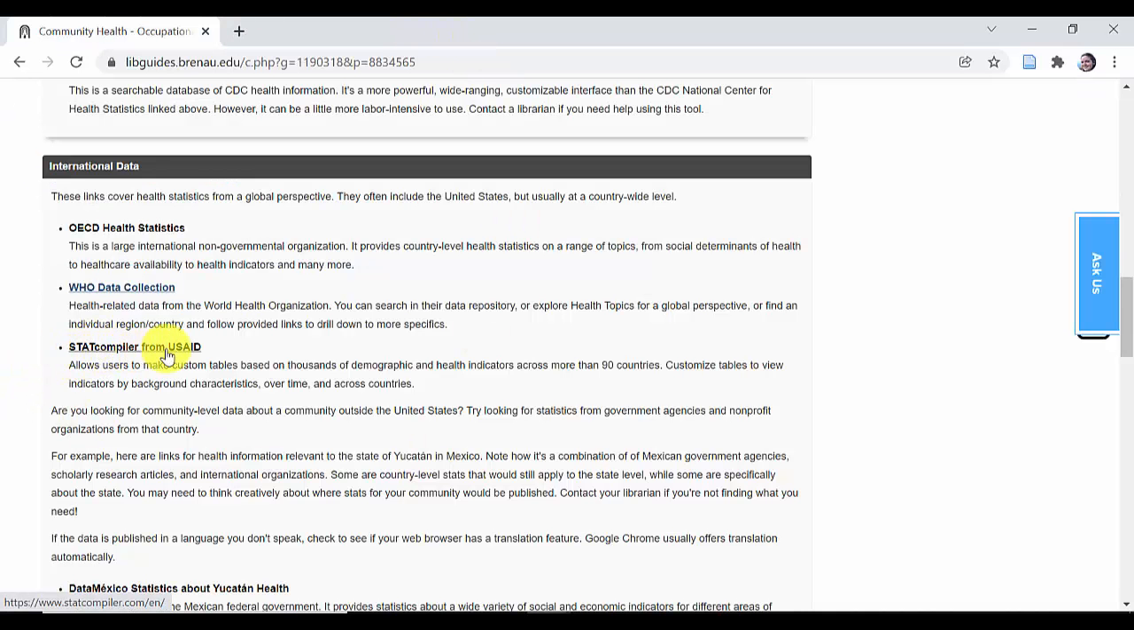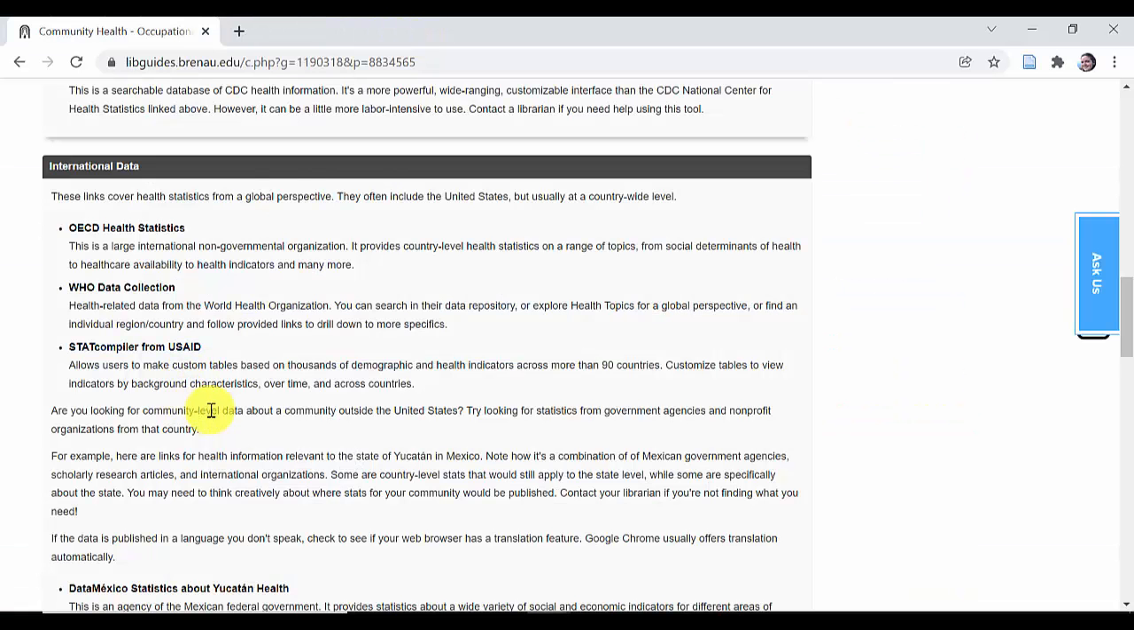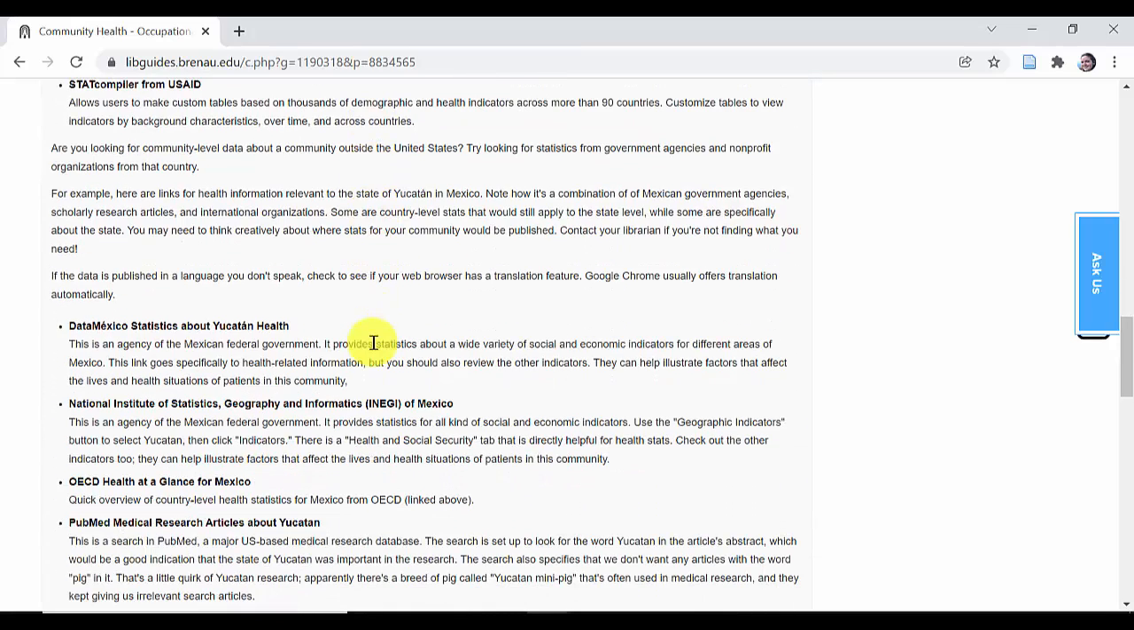And the last link, StatCompiler, is sort of similar to CDC WONDER in that you can build your own custom queries and tables and get a lot of really powerful information, but it's a little less browsable than the other ones had been. So these three links give you information about countrywide health situations. If you are trying to find community-level data about a community outside of the United States,